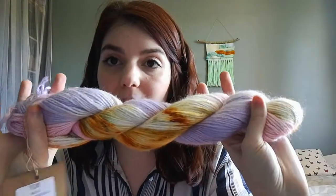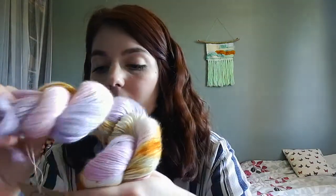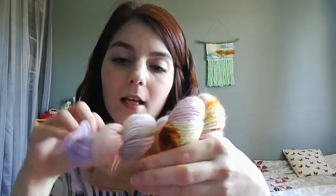Quickly, I showed you last time this, which is the same colorway as my cardigan, but in a DK weight. And this is Peony by Knit Cosmic Strings, and this is a DK alpaca silk and cashmere, so it's super soft. And I told you last time I wasn't too sure what I wanted to do with it, and I couldn't really find a shawl that would have worked, and I actually didn't want to mix it with